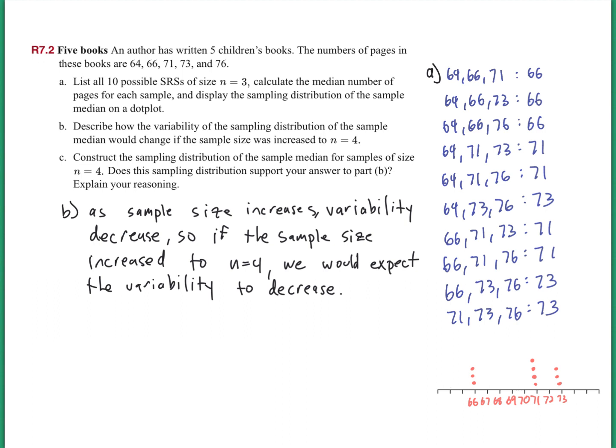Okay, so for part C, they say construct the sampling distribution of the sample median for samples of size n